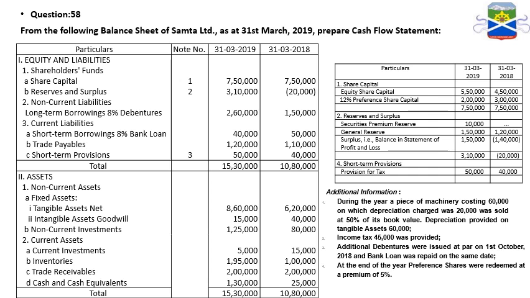One piece of information is given. Over here in this part you will get a lot of additional information, and we check it quickly. Share capital is remaining as it is. Reserve and surplus is increased from 20 to 3,10,000. Long-term borrowings that consist of 8% debenture is increased. Current liability, which consists of 8% bank loan, is decreased. And trade payables, current liability, is increased by 10,000.